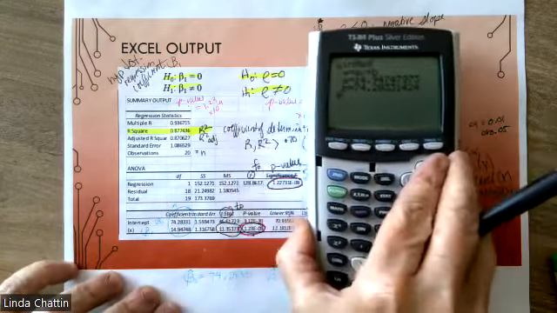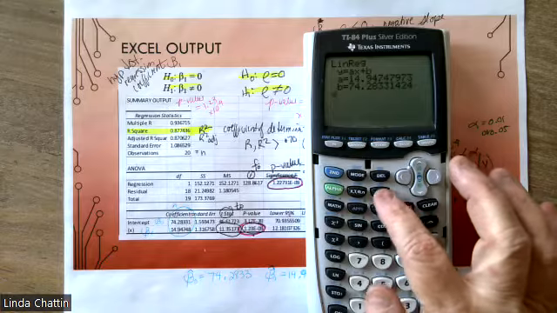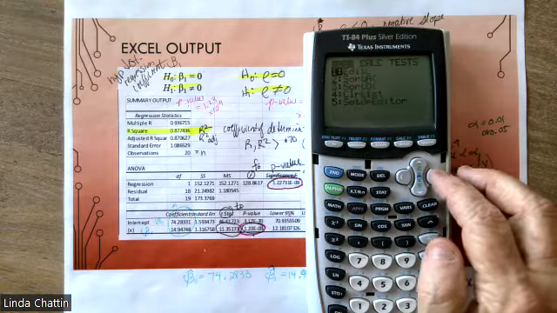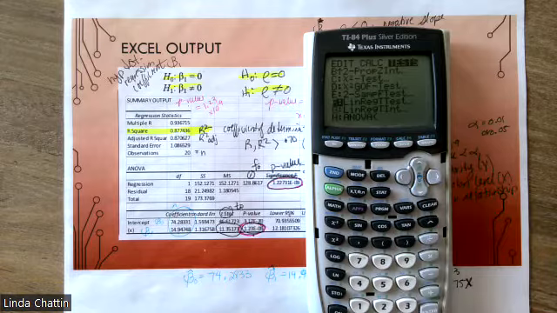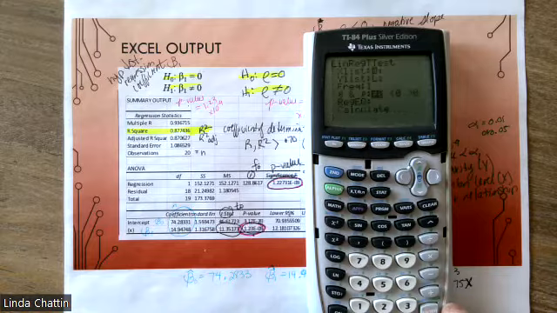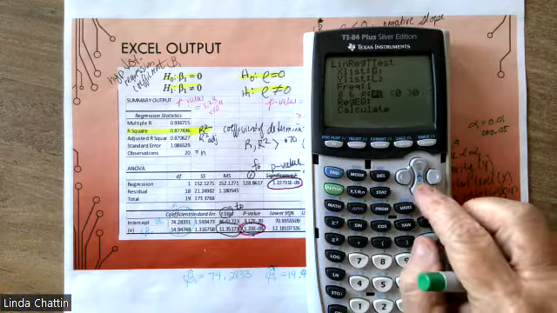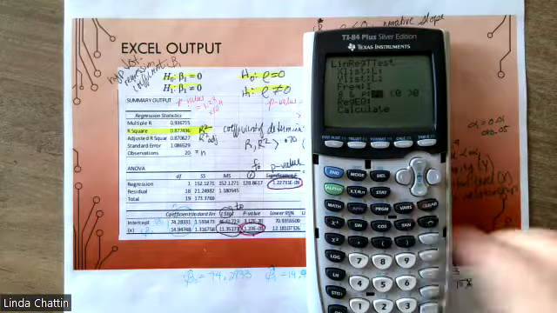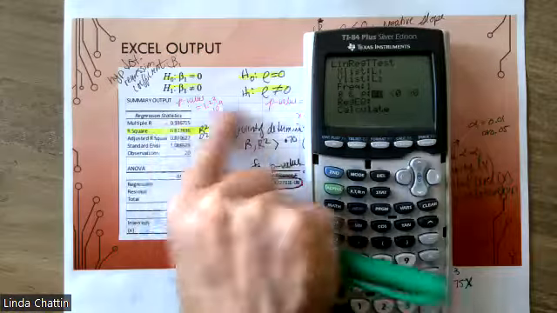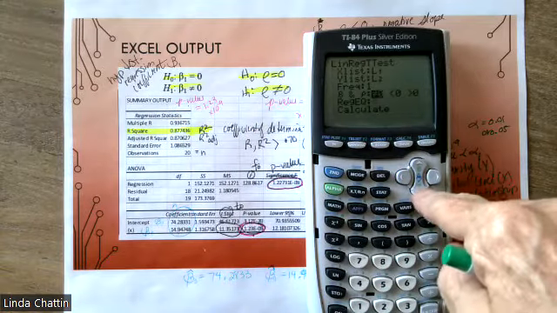Now, what if I wanted to get more information, like what we would get from Excel? That's a different function. So this time I'm going to go to stat, tests, and then I'm going to scroll down until I see linear regression t-test. I hit enter. And I tell it that I put the X's in list 1, the Y's in list 2, and then I'm going to do this hypothesis test. It's always going to be a two-sided test, at least in this course. Notice it says beta and rho. It's testing both of these at the same time because they're going to have exactly the same p-value. And then when I hit calculate,